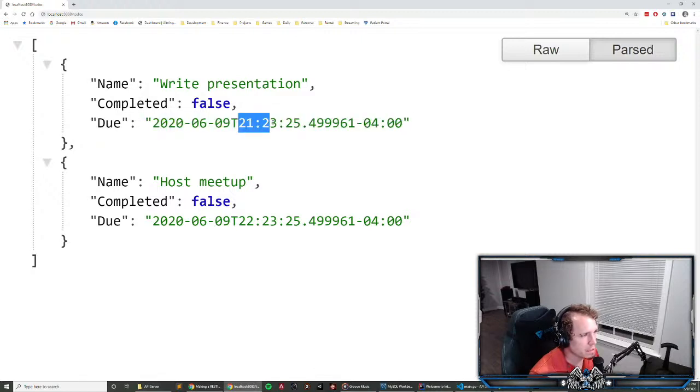6/9/2020, 21. Is that right? Is that a UTC? Yeah, or not UTC. That is not UTC. That's Eastern Standard Time, which is what I'm in. That's what this last part is. That's your time zone. It's -4, which is Eastern Daylight Time. Yeah, and then there's this ridiculous time frame. So yeah, that's